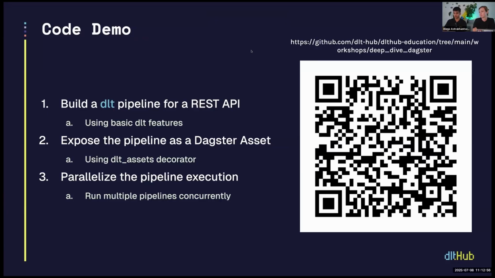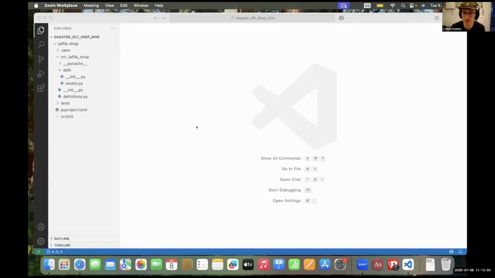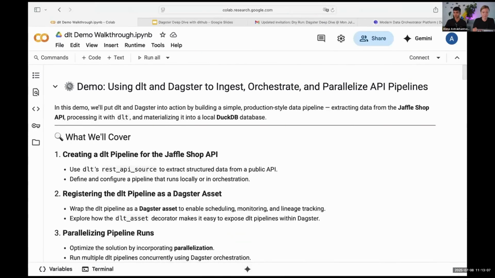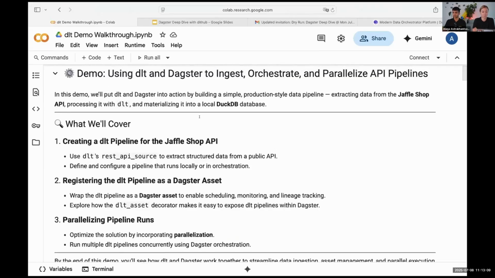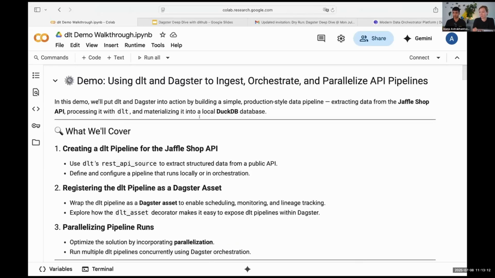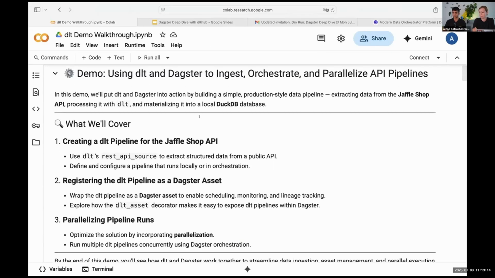So I'm going to take over. Sweet, sounds good. I'm excited for the parallelization part because that's a question we get often from the community. And it's actually a lot simpler than it sounds. You'd think it would take a lot of steps, but as you'll see, it's not that difficult to